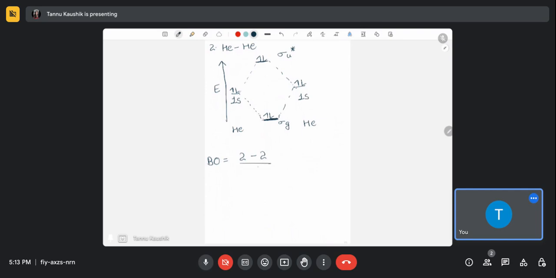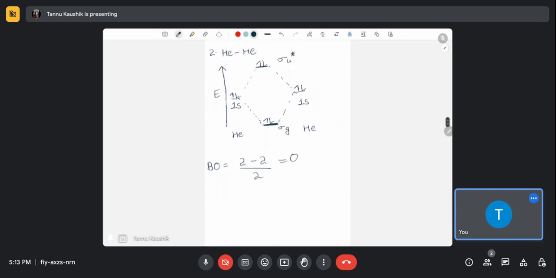So 2 minus 2 by 2 equals 0. This shows that there will be no bond between two helium atoms. So the helium molecule will not be possible and it will stay as inert helium only,